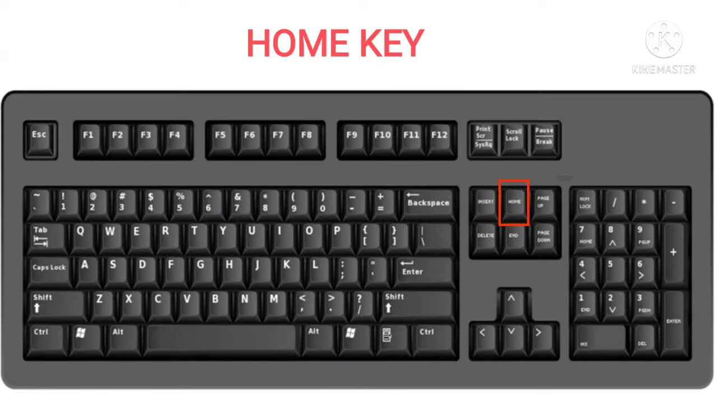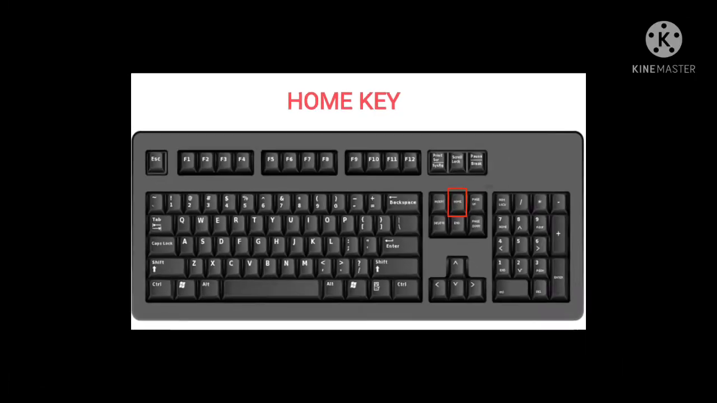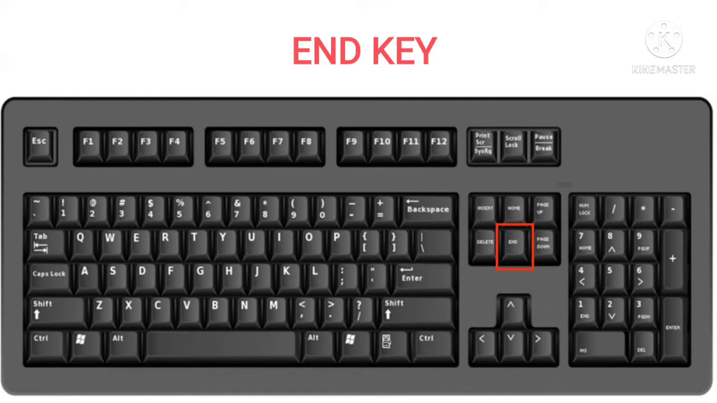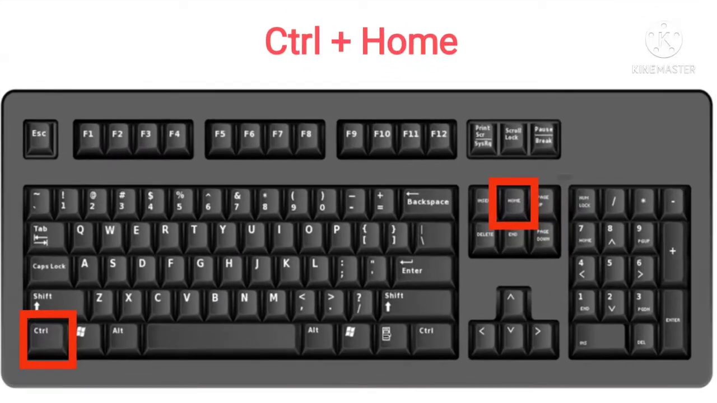Home key moves the cursor to the beginning of a line. आपका कर्सर जिस लाइन में होगा तो फिर अगर आप होम की को प्रेस करेंगे तो आपका जो कर्सर होगा वो आपकी लाइन की बिगिनिंग में आ जाएगा। Okay, so in this picture you can see the home key. Now end key. End key moves the cursor to the end of a line. जैसे होम की कर्सर को बिगिनिंग में लाएगा वैसे एंड की लाइन कर्सर को लाइन की एंड में लाएगा।